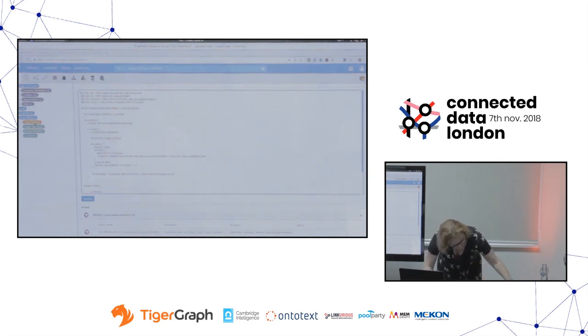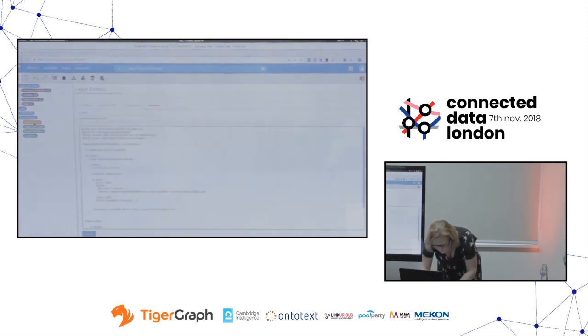Right, so again, I'll run another predefined SHACL query over it, and it will check for consistent geo information. So if I press validate,